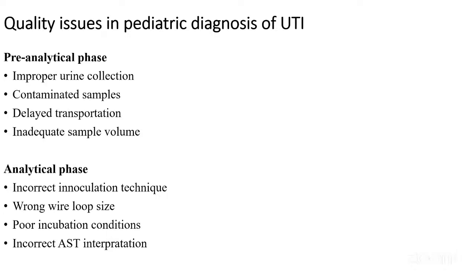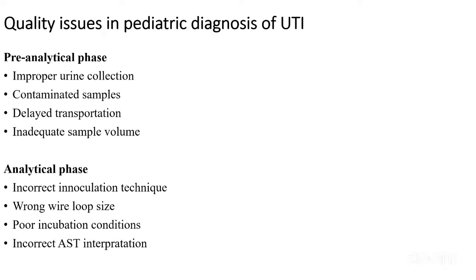We also have samples that may come into the lab contaminated. Mostly, you will find a patient has diarrhea and has been sent for a urine sample. This sample might come to the lab with some elements of stool. It is not an appropriate sample to process because it will have gut bacteria, which will be misinterpreted as the